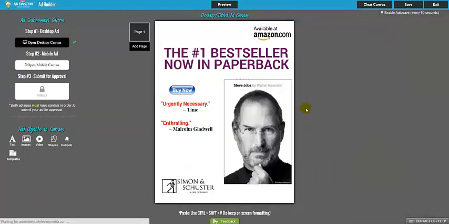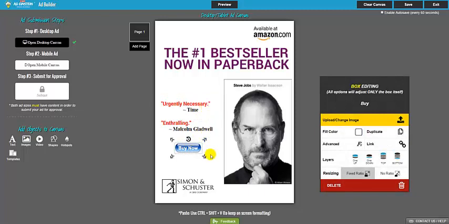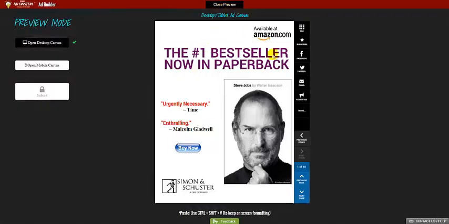Okay, enter the buy button. All right, there we go. Now we've got a buy button that's in there. Let's see. Now, let me show you here. We have a preview button. So if you click preview, you get to see how the ad is taking shape and looking, and you can